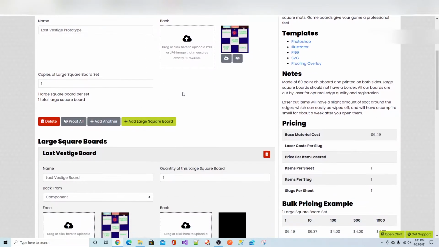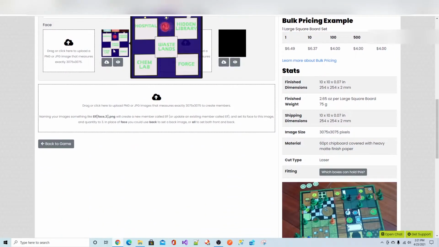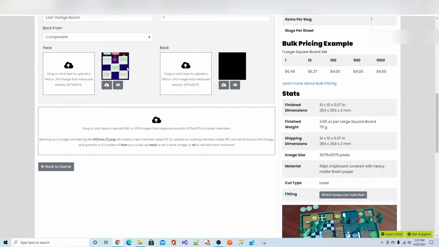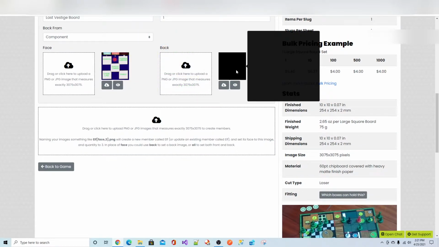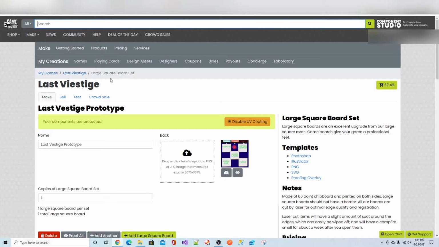I've already had this approved because we're creating a prototype. And then here, this is the board already uploaded. And then here is just the back of the board. So now I'm going to just work through, because that's already done, just to get you caught up to where I'm at. And the way that was done was by